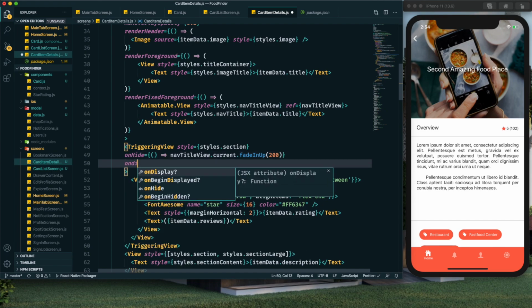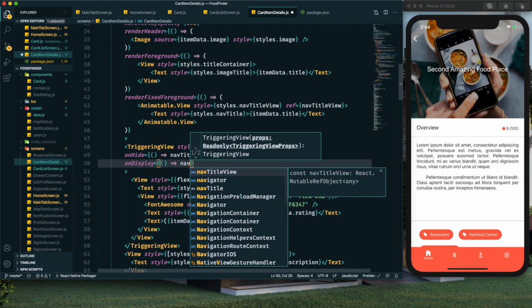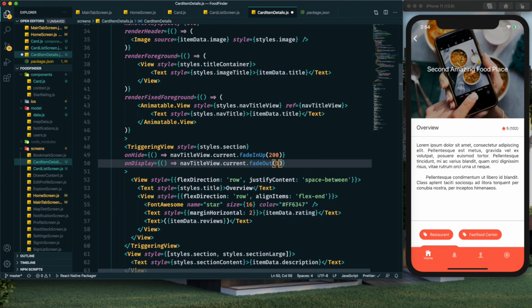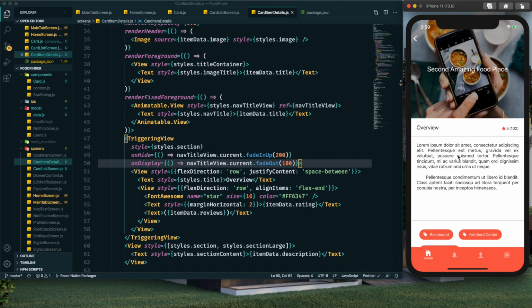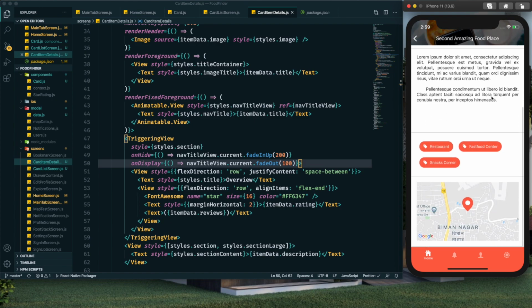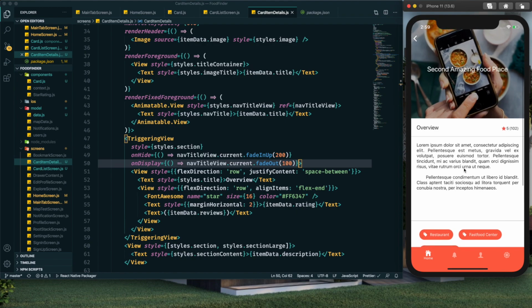And for on display we will provide this fade out animation, and similarly we will give a duration of it. Now save it. So now after saving it we can see, if we scroll, then we have this title present.